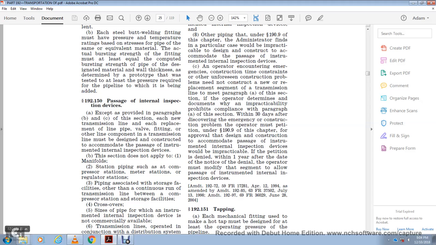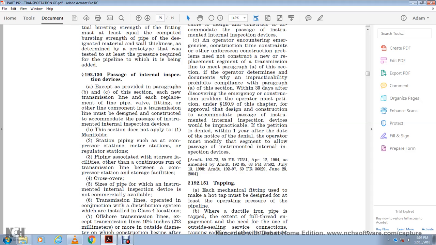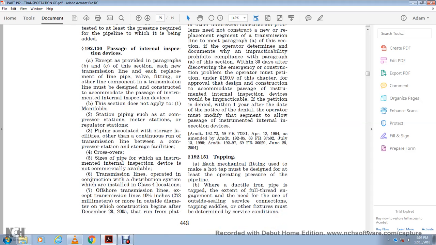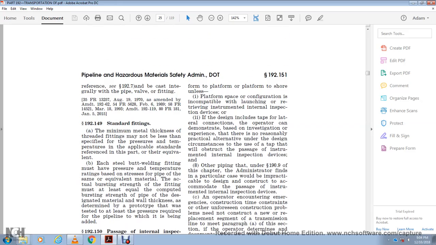4. Crossovers. 5. Steel pipe for which an instrumented internal inspection device is not commercially available. 6. A transmission line operated in conjunction with a distribution system and installed in class 4 locations. 7. Offshore transmission lines, except for transmission lines 10 3/4 inches or more in outside diameter on which construction begins after December 28, 2005, that run from platform to platform or platform to shore, where the design includes a space configuration compatible with launching and retrieving instrumented inspection devices, and for lateral connections, if an investigation demonstrates there is no reasonable practical alternative under the design circumstances, but the use of the tap will obstruct the passage of the instrumented internal inspection device. And 8. Other